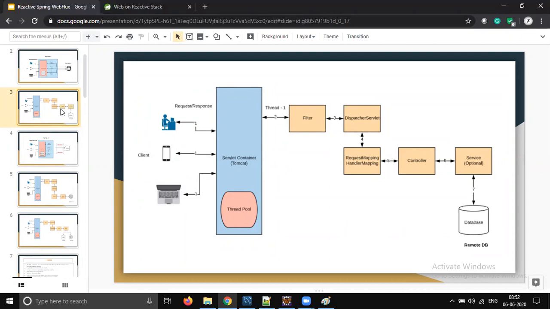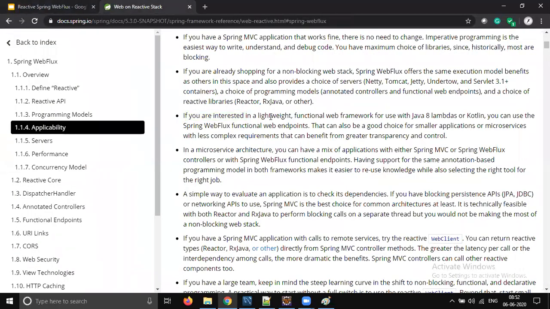So you choose one framework which supports reactive programming. Java also supports reactive programming, but if your JDBC API is not reactive, then there is no use. So it has to be reactive end to end, and you should be very careful. Even in microservices architecture, it is highly recommended, but you should consider the right technical stack. Based on the technical stack, you should take the decision whether you want to go to Spring MVC or Spring Web.